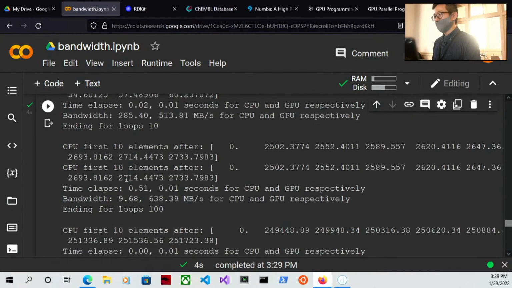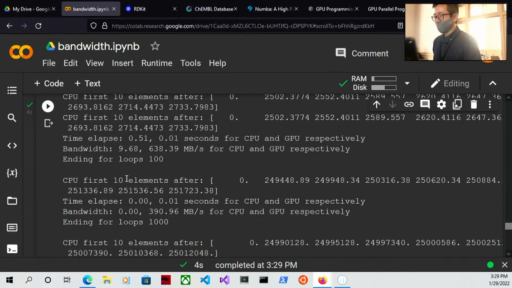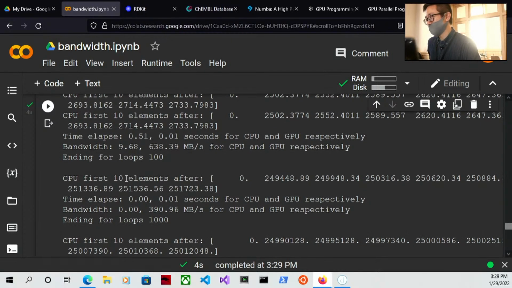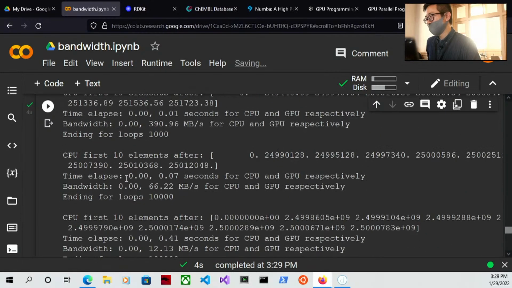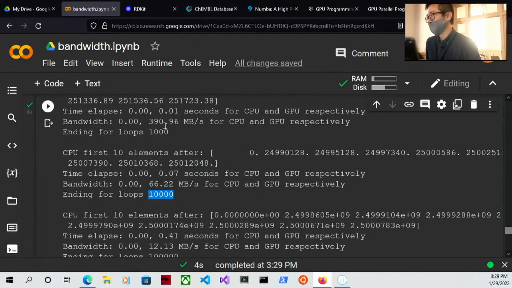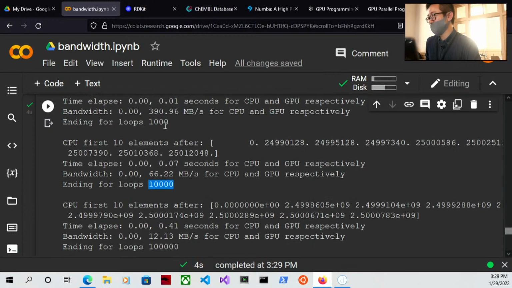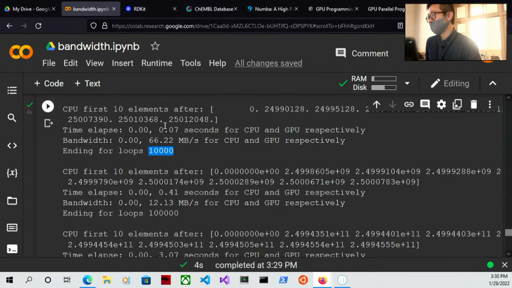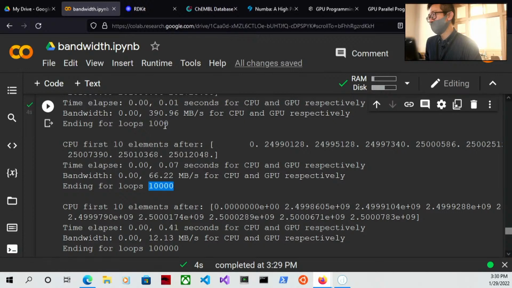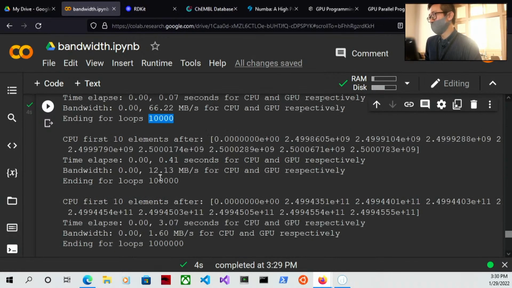Nice. We have checked. Last time we checked up to 1000. Let's see 10,000. As we can see, the GPU becomes a little bit slower than before. For me, it slowed down by 5 times. Okay, so mine for 1,000 loops is about 177. And for 10,000 it's about 30. 30, so 3 times. And if we continue for 100,000,